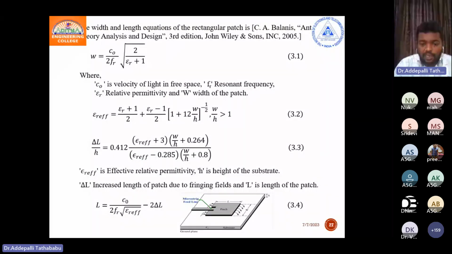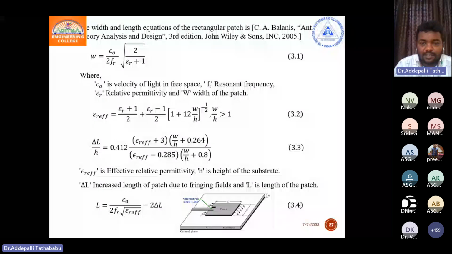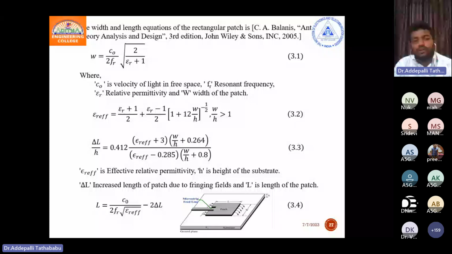So most of the people, not only for antennas but in other fields too, are thinking it is a trial and error method. In antennas, how do we get the results? Trial and error. So many people think that, but actually some standard equations are there to get the desired frequency. So here I am showing